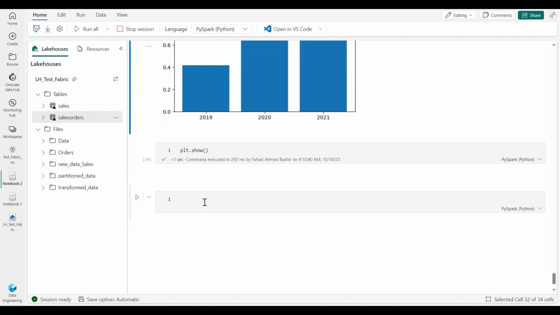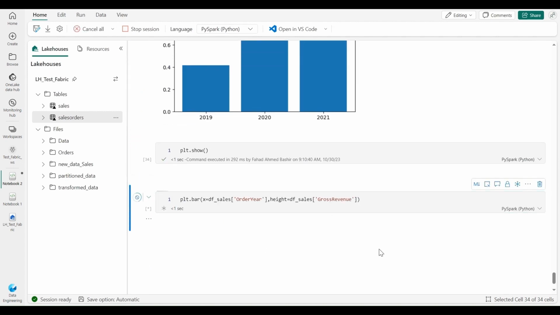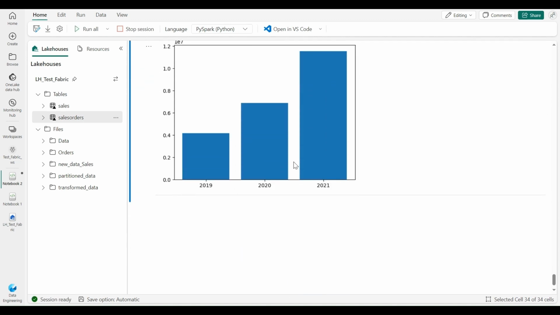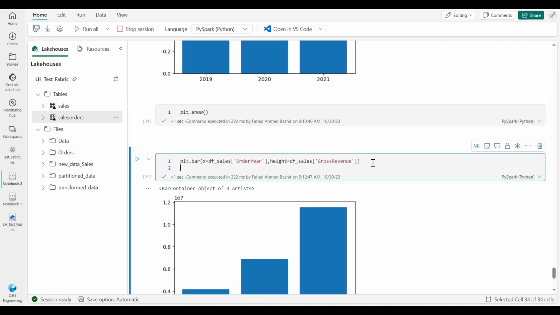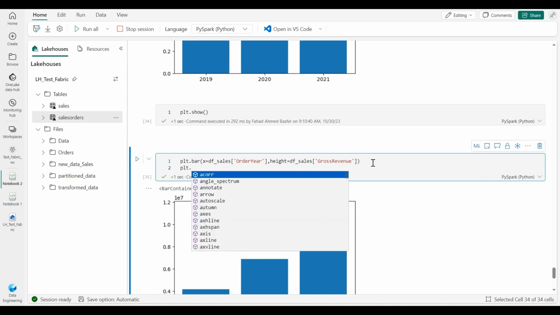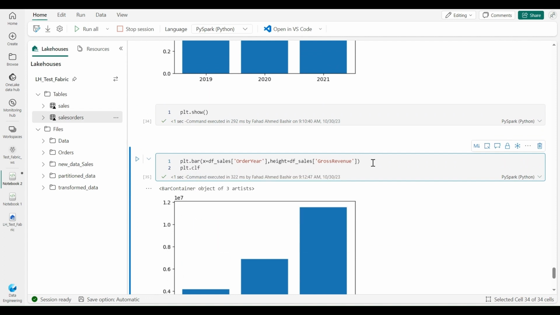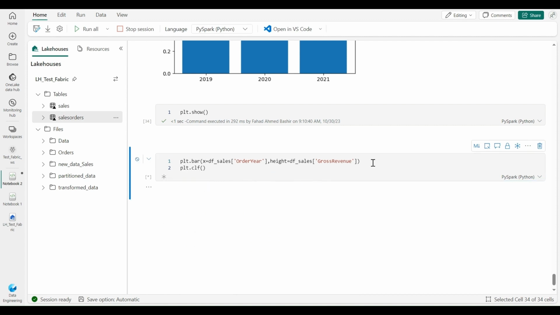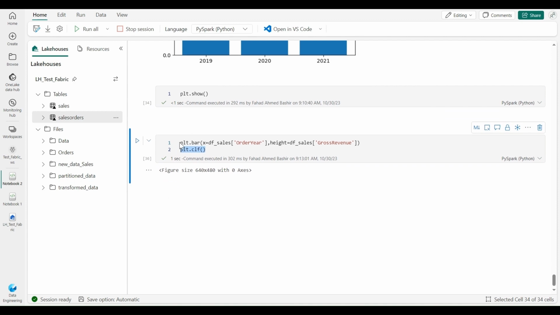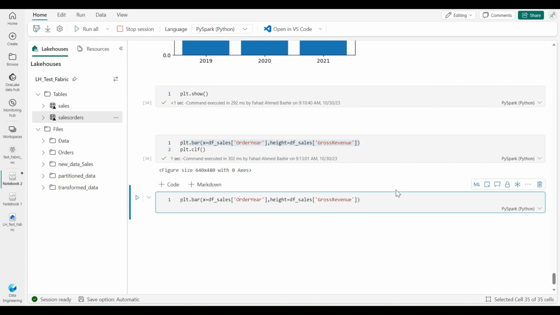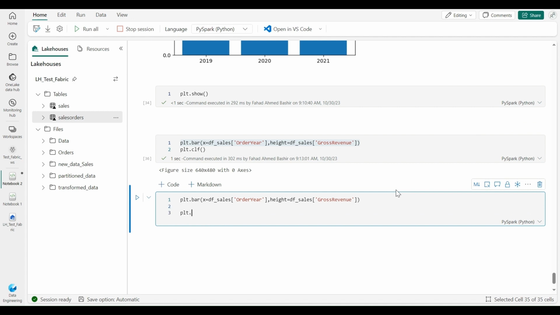We'll use the same command to run and execute, and if you see here, the execution has been done. We will then just clear the plot area using this command. So this means that this is not executed, this is executed, but now the plot area has been cleared. So what we will do is we'll customize this chart. So first requirement is to create the chart, and then again we will use the